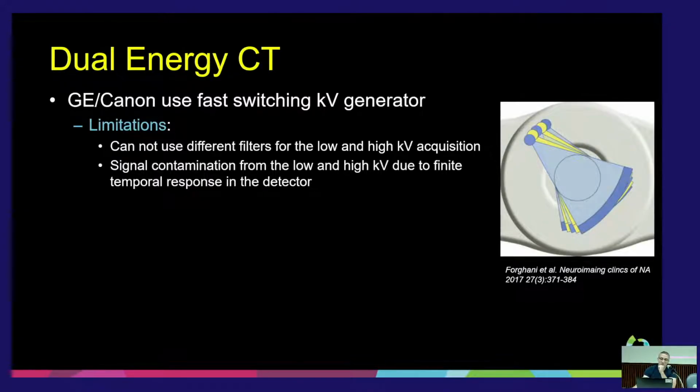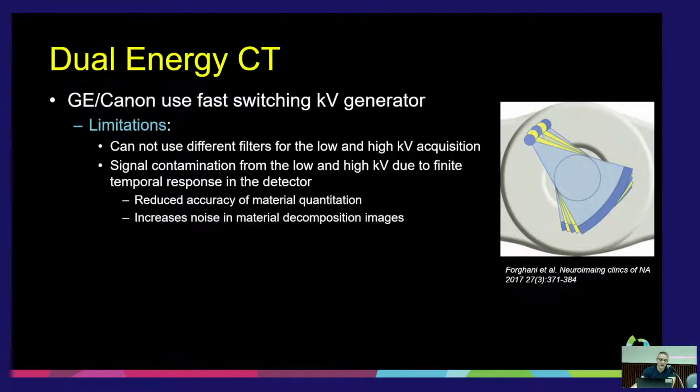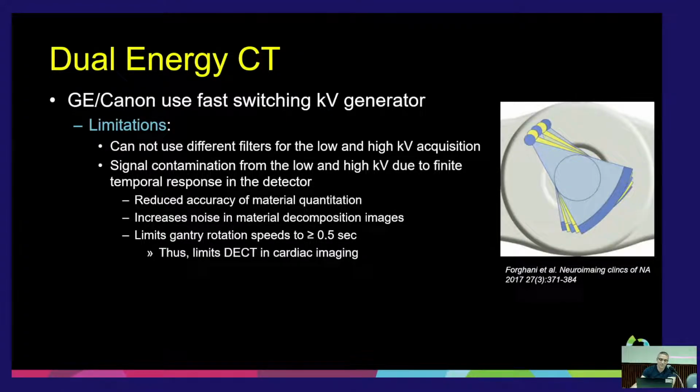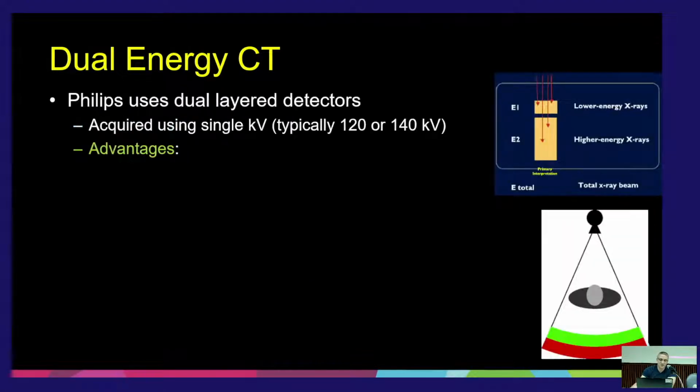You can't use separate filters. You can't get the filter in and out, so you don't get as good a spectral separation. There is still some signal contamination from the low and high kV because you can't switch perfectly. There is going to be a little tail, a little rise, and a little decrease. So there is a little bit of signal contamination, which I'll demonstrate what that means in a little bit. So there is a little bit more noise in the images. The system can only spin at 0.5 seconds,